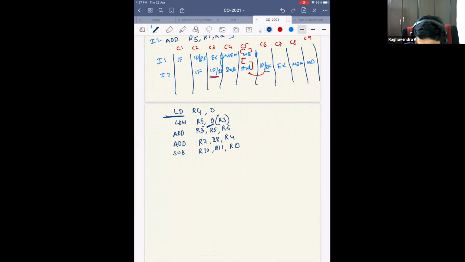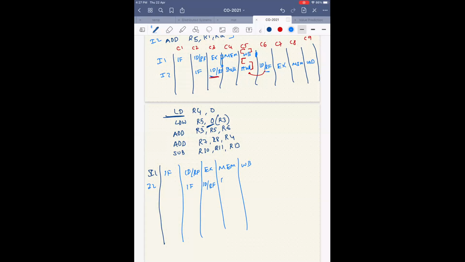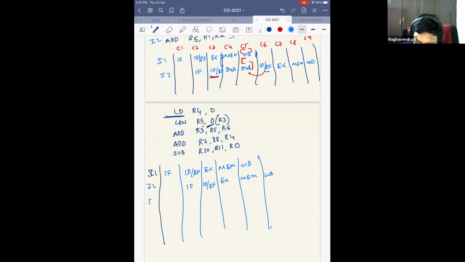So let's say instruction 1: I do instruction fetch, then instruction decode. Now can I do execute? Yes, I can do execute. Then I can also do memory, and then write back.